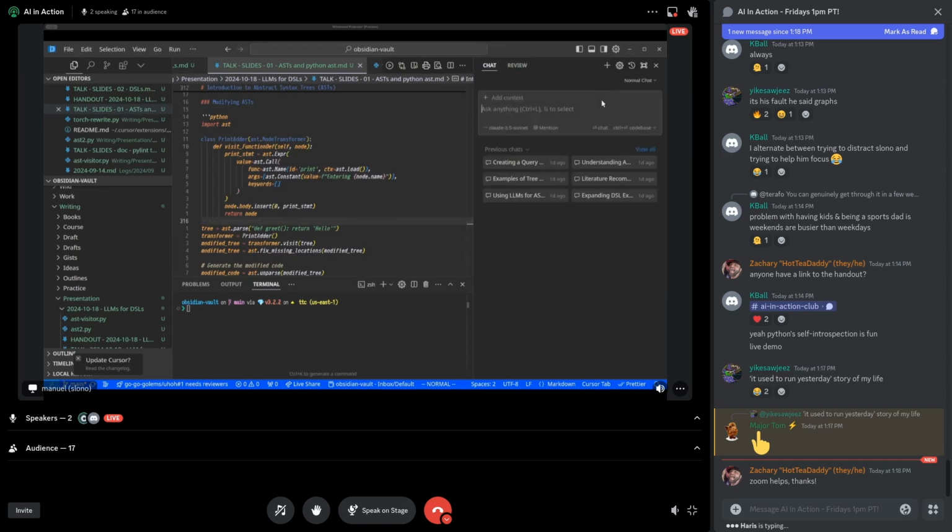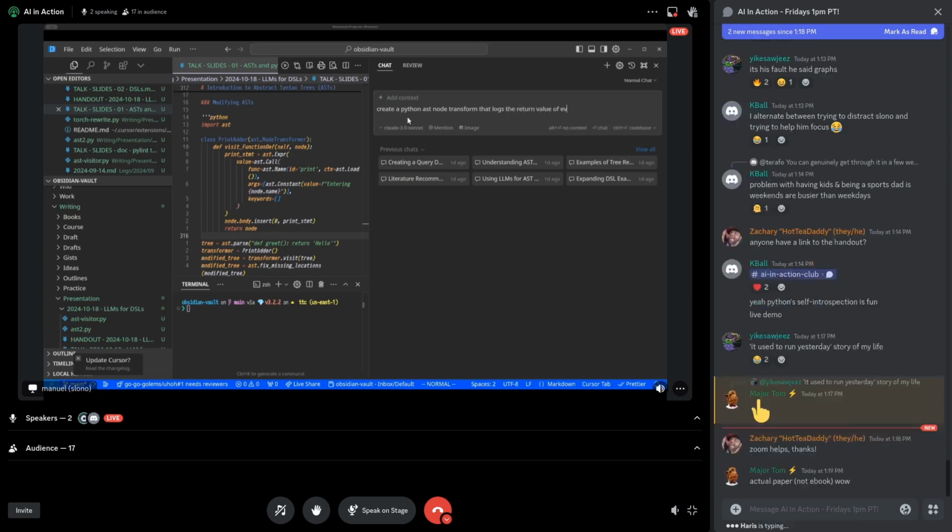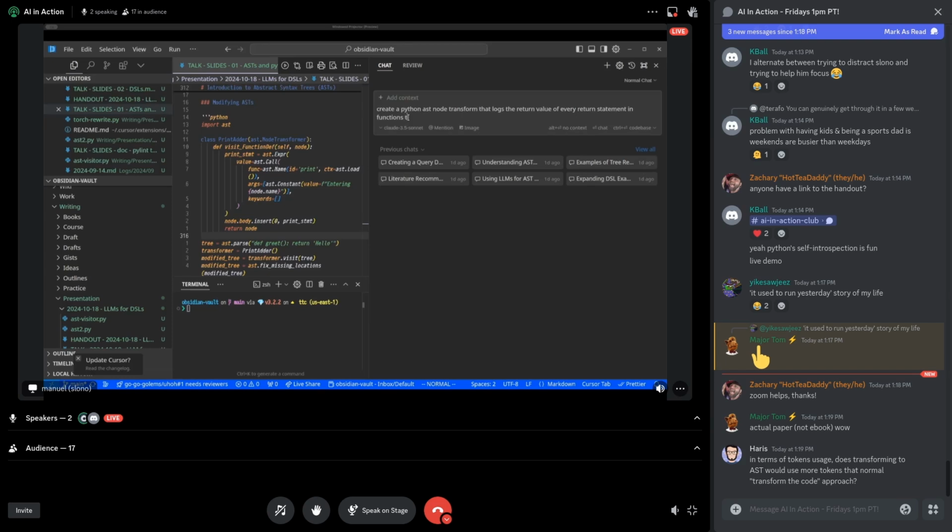And the funny thing is that LLMs do pretty well with it. And this is what this paper is about. I actually haven't read it, so maybe I'm wrong. But if you do something like this, create a Python AST node transformer that logs the return value of every return statement in functions that start with slow_, it's kind of a pain in the ass to write by hand, even if you know node transformers pretty well. But